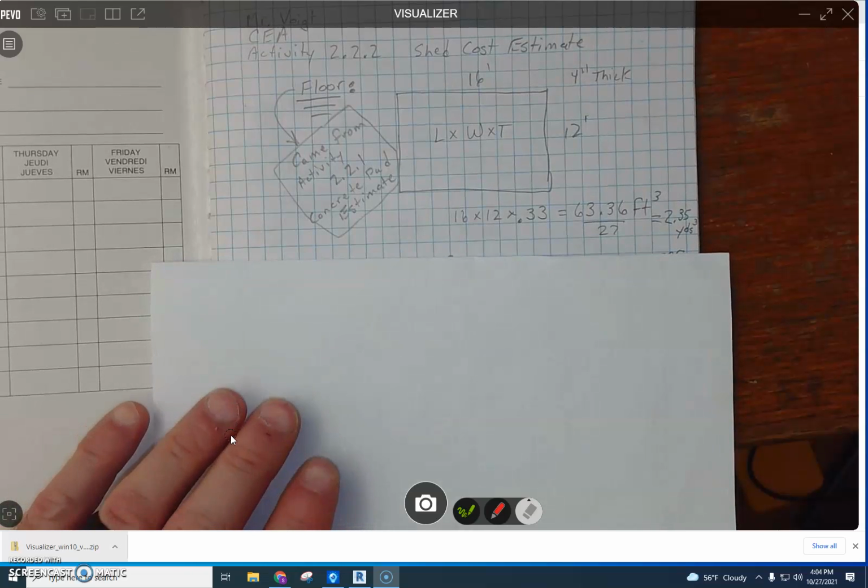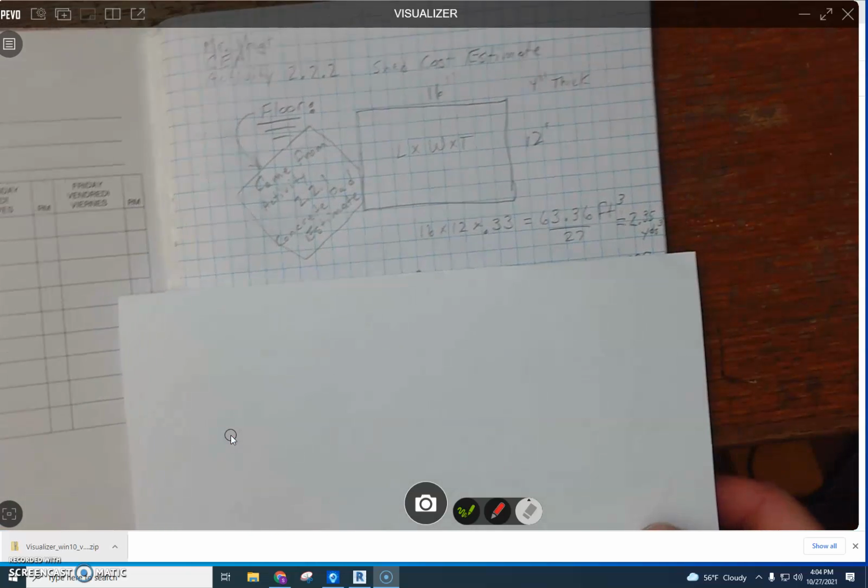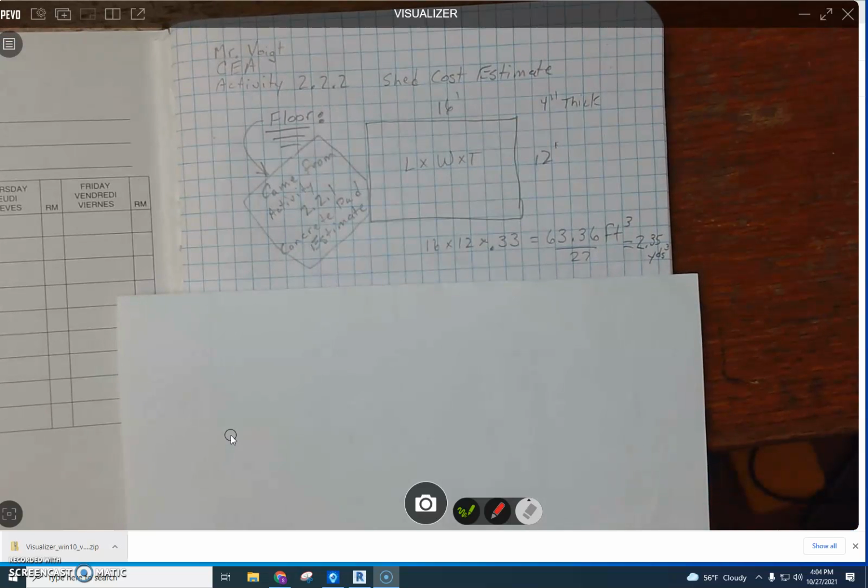Okay, Civil Engineering and Architecture class. This is Mr. Voigt. You should have at this point drawn on Revit your utility shed, or if you're not all the way done, you should be close. And what we do is we use that utility shed